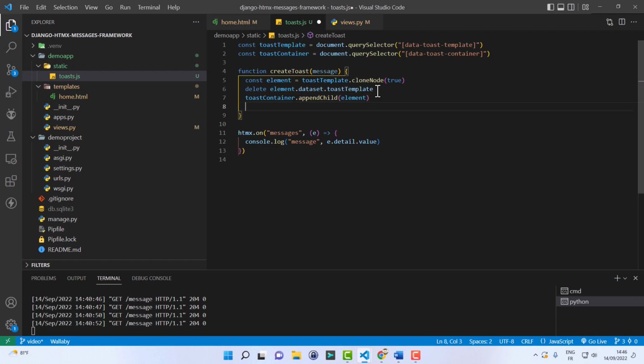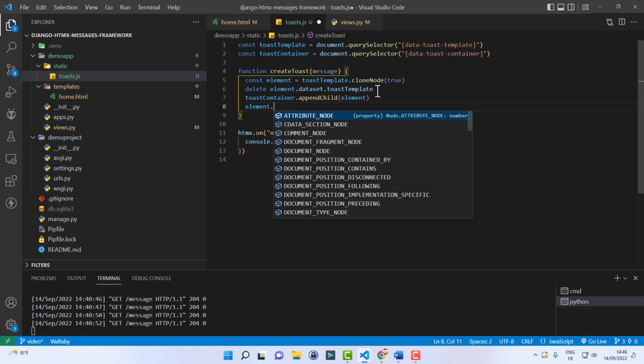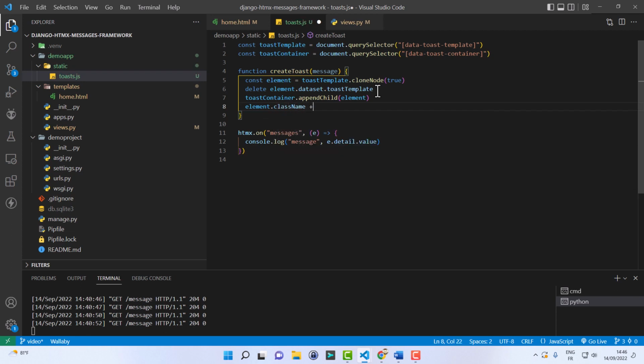We also have to change the class name so that it includes the tags, like this, and also change the body.